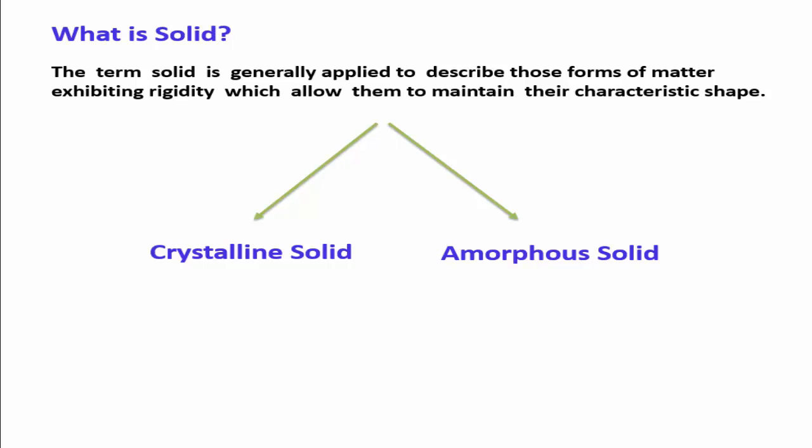In contrast to amorphous solids, crystalline solids have a characteristic shape. All the atoms are at their correct lattice positions. They have sharp melting points and they have long range order. Before studying solid state chemistry, we should know some important terms.